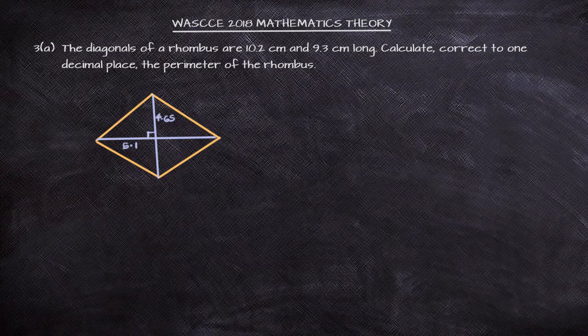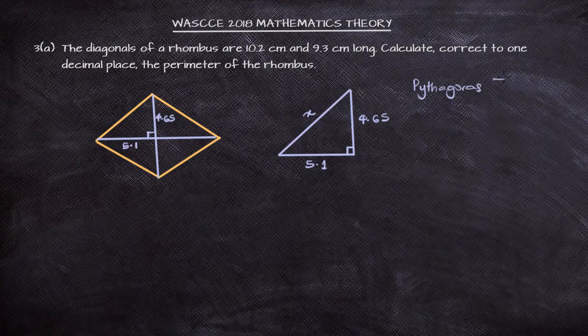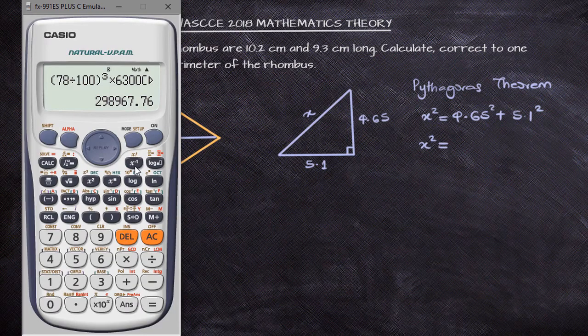let's draw out our triangle from the rhombus. We have this right angle triangle. We have this side as 4.65 and the base as 5.1. Let's call the hypotenuse x. We can use Pythagoras Theorem to find the value of x. The hypotenuse squared is the square of the opposite plus the square of the adjacent, so our x squared will be 4.65 squared plus 5.1 squared,